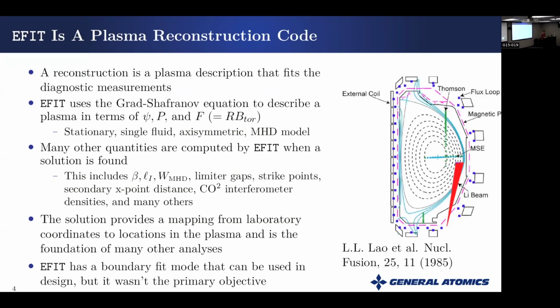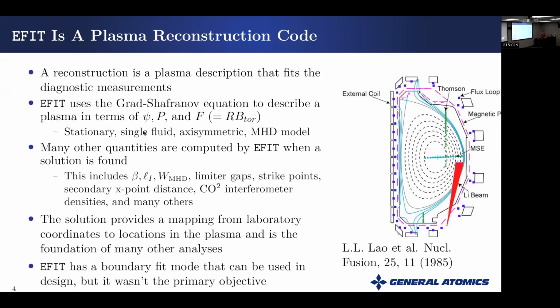So jumping right in here, EFIT is a plasma reconstruction code. What that means is that it solves for a plasma description that fits the diagnostic measurements from an experiment such as D3D or elsewhere. The model that EFIT uses to describe the plasma is the Grad-Shafranov equation. This is a simple, stationary, single fluid, axisymmetric MHD model. So it makes lots of approximations that aren't in your typical plasma experiment, but what it boils down to is